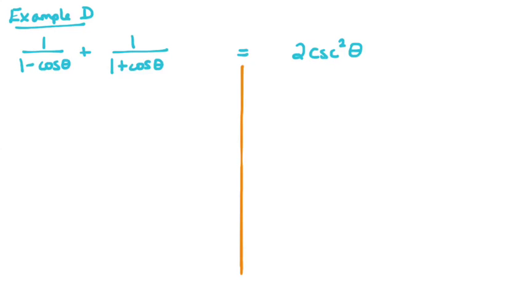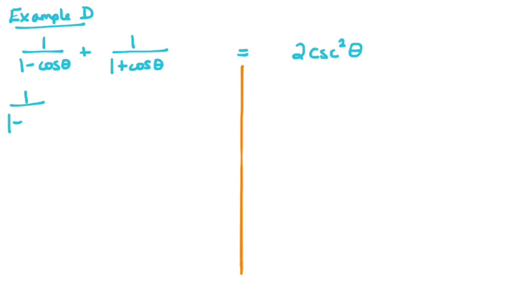I think I'm going to start over on the left, and I notice that I have two fractions that are being added. And on the right side, notice that there's only one term over there. And that's kind of a clue that we need to get a common denominator so that we can combine these two fractions together into one. So to do that,